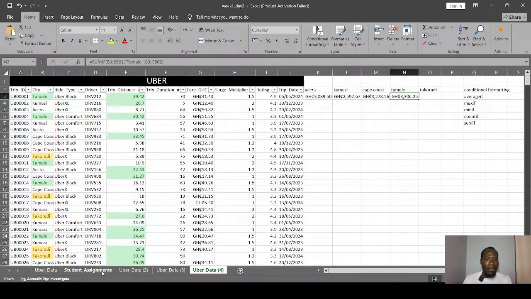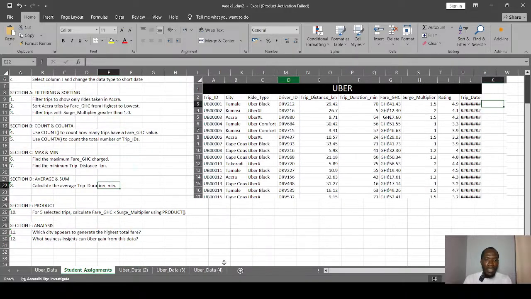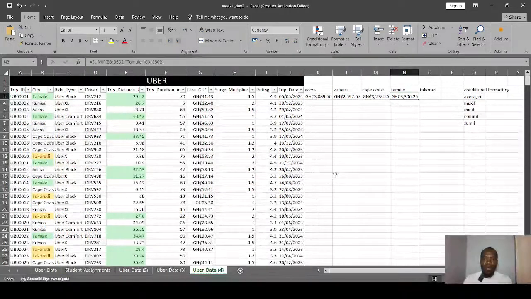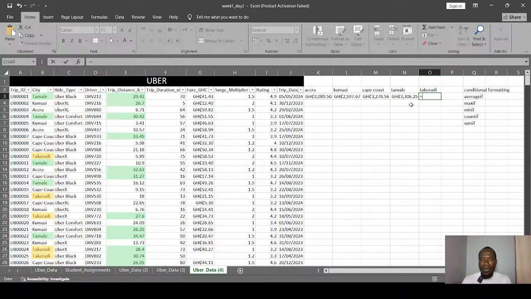So the question 11, right? This is how we are supposed to answer it. This is what we are supposed to do to answer it. In fact, I knew it was going to be a whole lot of problem, so I didn't even bother looking at this question. It was a bonus for everybody. Once you do this, you can just look at the values and know which city is up. So far, Cape Coast, right? So far, Cape Coast is winning.